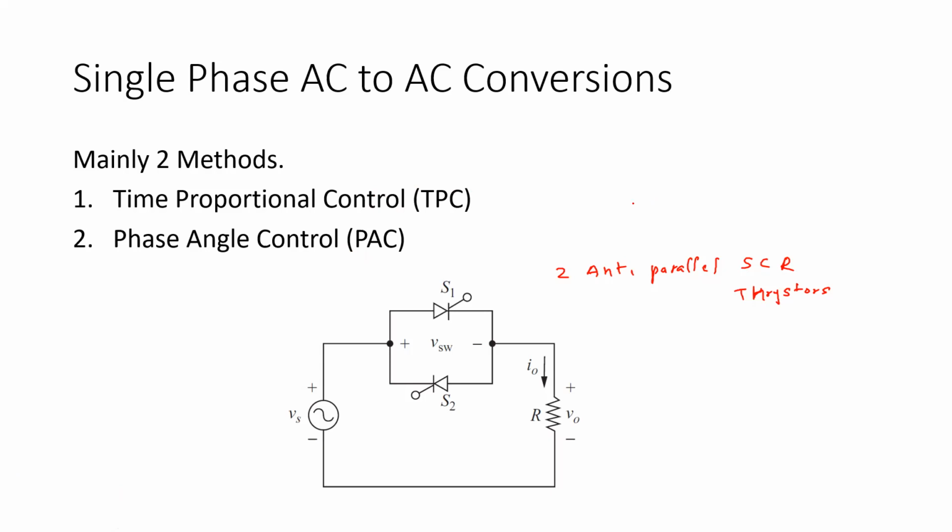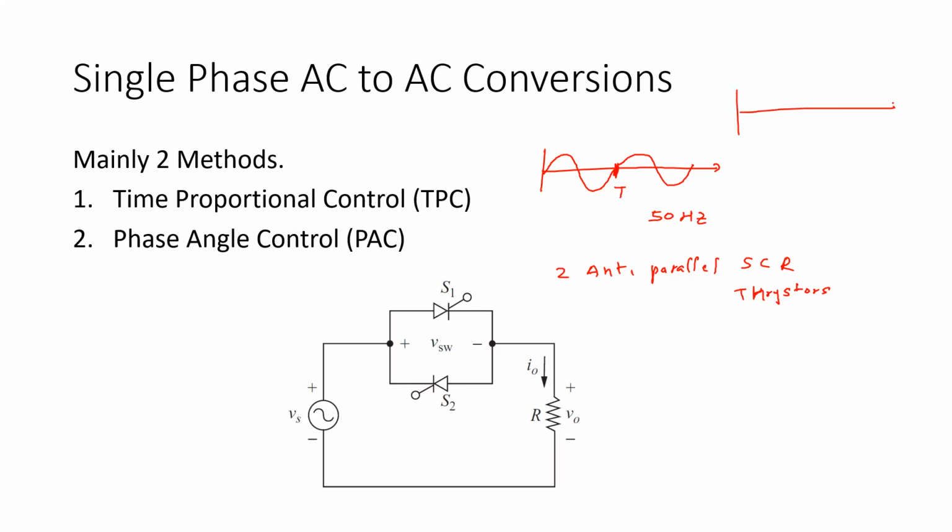When it comes to time proportional control, what we do is directly cut half cycles. If you consider an AC waveform, it is something like this, right? If it is 50 hertz, this is the cycle time, and there will be 50 cycles in a second. In time proportional control, we cut these cycles, usually half cycles, not partial ones. We call them full half cycles.